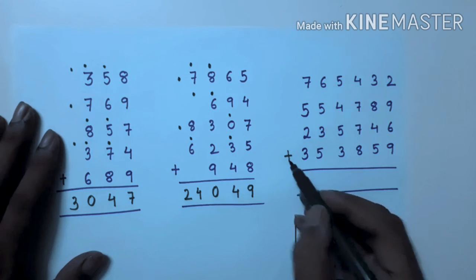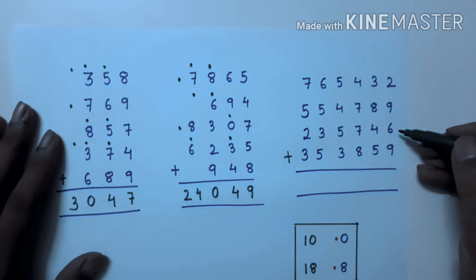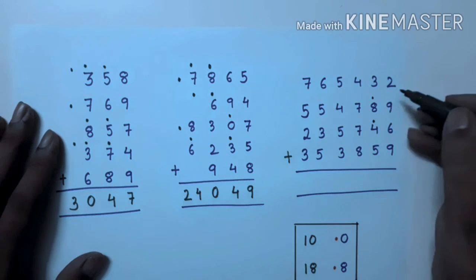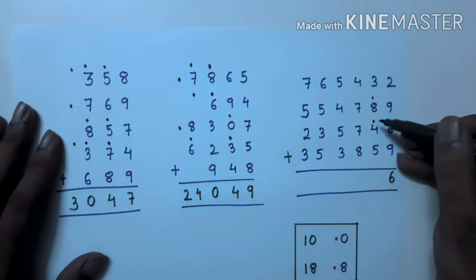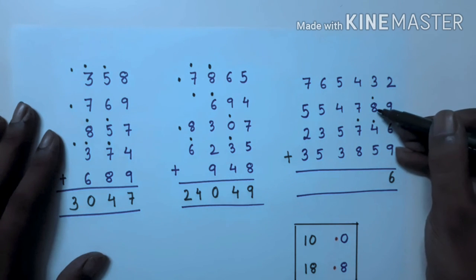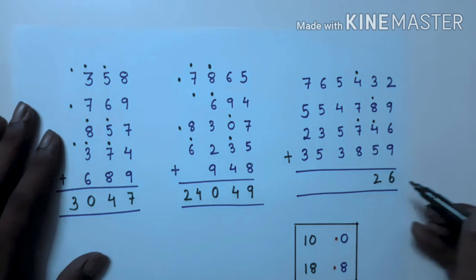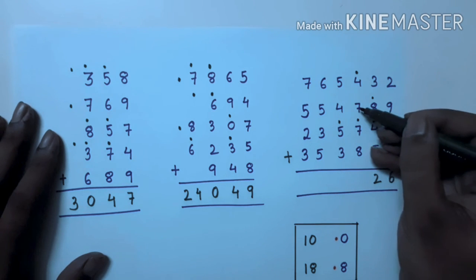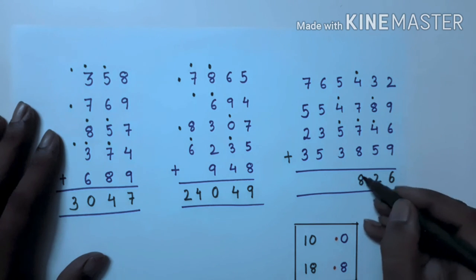So let's see one more. So we are adding it. So we'll always start from the bottom only. So 9 plus 6, 15. 15, so write dot, 5. 5 plus 9, 14, dot, 4. 4 plus 2, 6. Next 5 plus 4, 9, 9 plus dot, 10. So dot, 0. 0 plus 8, 8, 8 plus dot, 9, 9 plus 3, 12, dot, 2. 8 plus 7, 15, dot, 5. 5 plus dot, 6, 6 plus 7, 13, dot, 3. 3 plus 4, 7, 7 plus dot, 8.